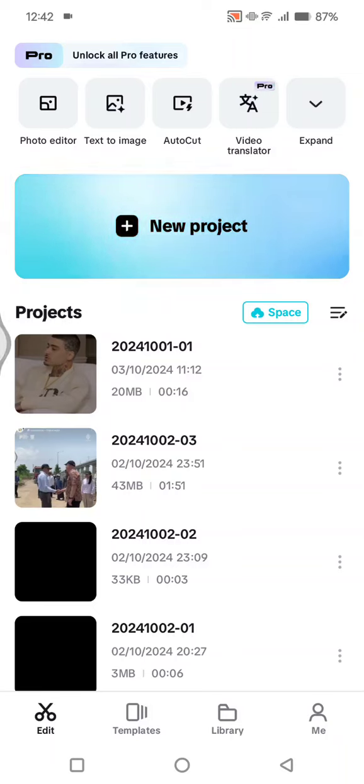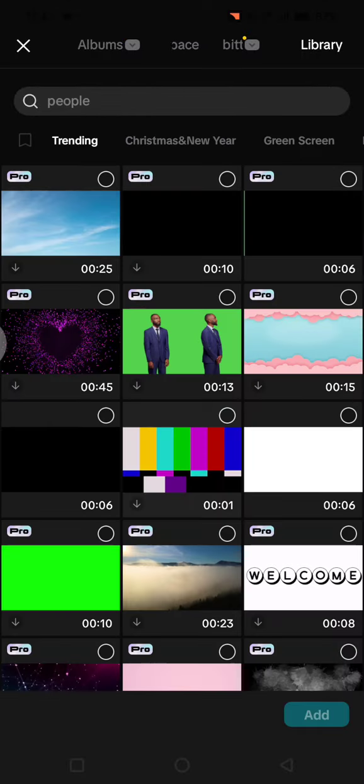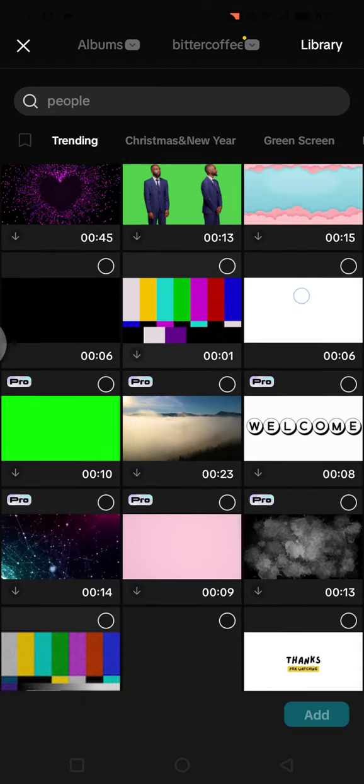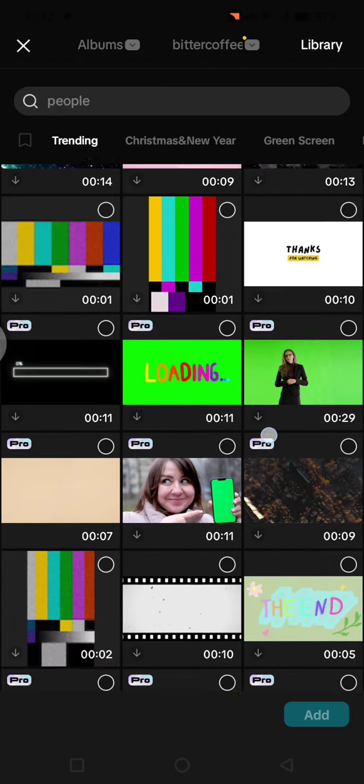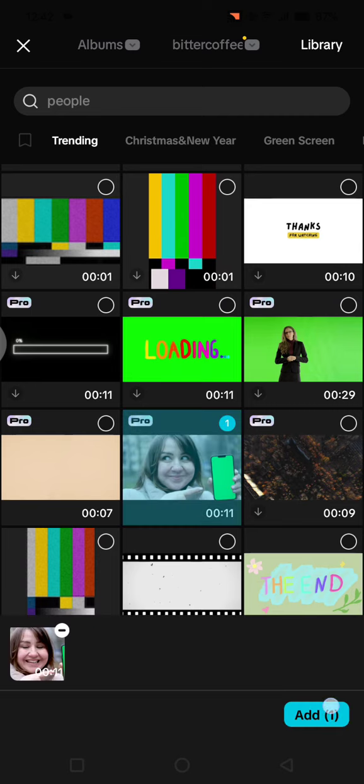On today's tutorial, I'm going to show you how you can remove the CapCut watermark. So in here, I've already opened the CapCut app, so I'm going to just open a new project, and here I'm going to just find a video from the CapCut library. Let's just use this. Okay, this one for example. You can tap on add,